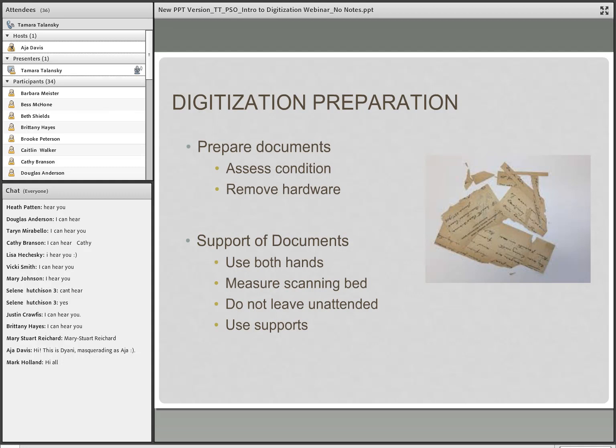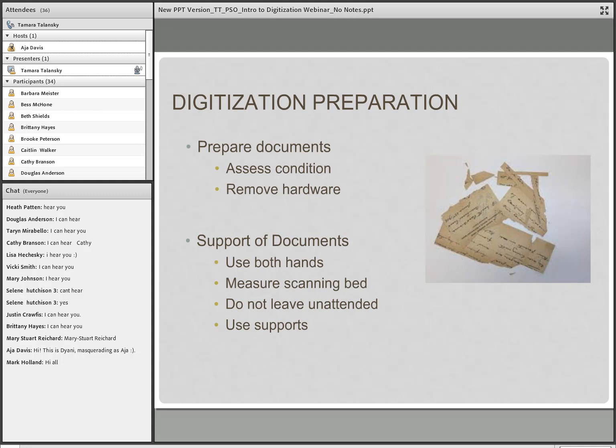And some of this may almost sound too basic, but you'd really be surprised as to what people will do. So it's important to prepare your documents for scanning. Assess the condition of the materials to ensure documents are not too fragile for scanning. As well as general fragility, you also want to look for things such as mold, pages stuck together, any inserts obscuring records, or any damage which has affected the legibility of the text. Remember that list I showed you earlier, materials you may wish to avoid digitizing.